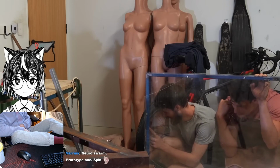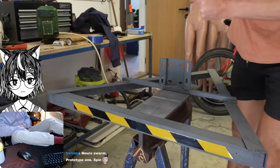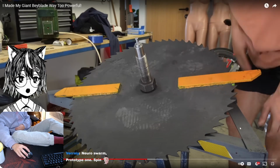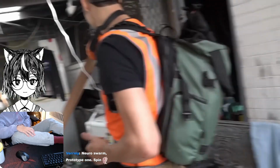Perfect. And that is everything working. So I just sprayed it and put on some safety tape to remind us not to go near it while it's spinning. Pretty. And now I just need to find a place to spin this guy up. Looks legit. And last time I did it in the abandoned drug house down the road, and that is still